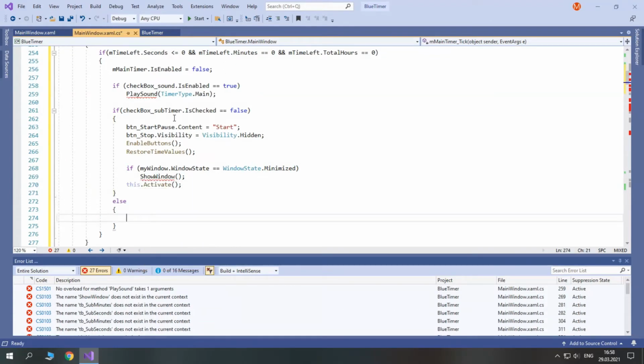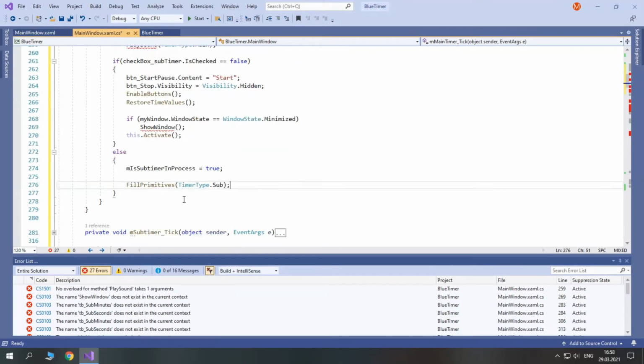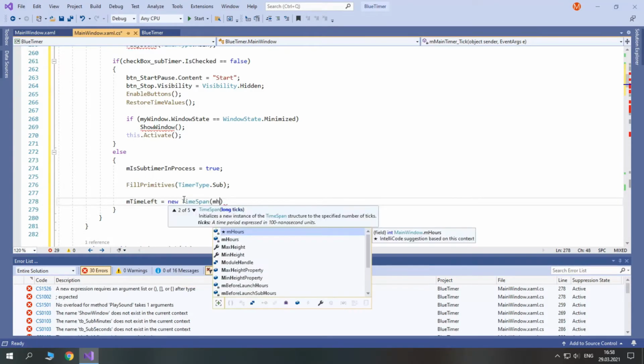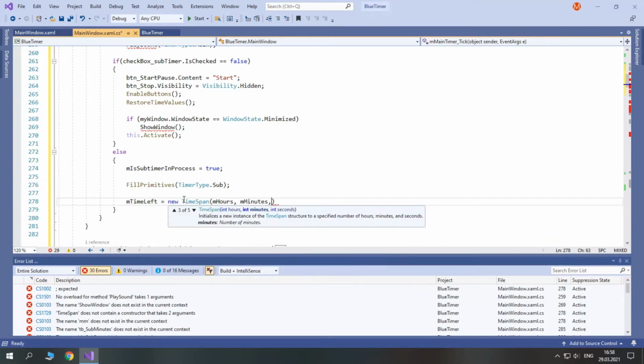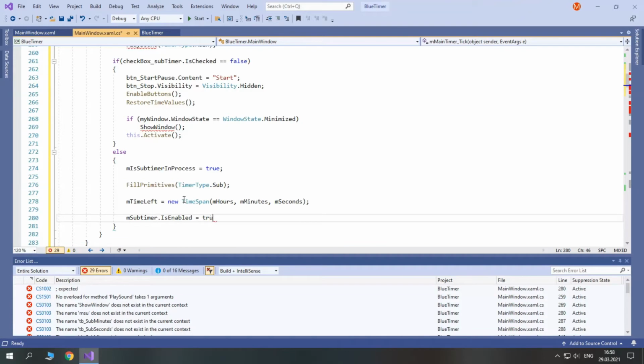Else, if we did check this checkbox, we set m is subtimer in process to true. Then we fill primitives with timer type dot sub, and we set m time left to new time span, m hours, m minutes, and m seconds. And we enable the subtimer, so m subtimer is enabled equals true.